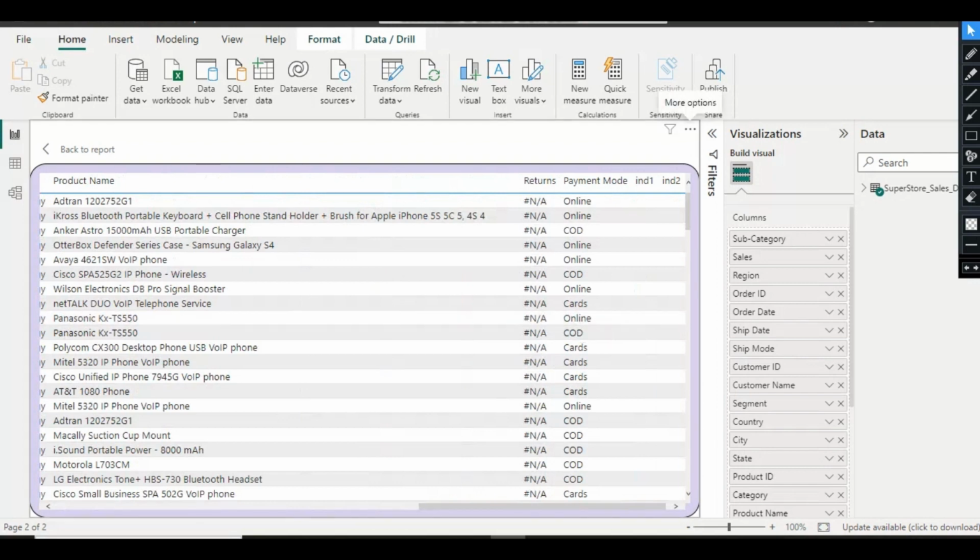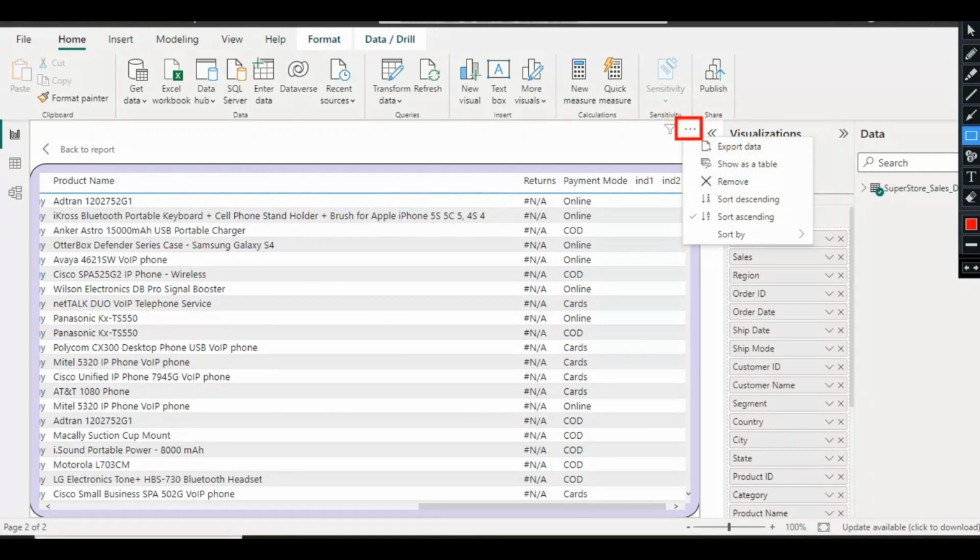Okay, and if you want to export it, just simply click on these three dots which are present here. Just click on these dots and here you have the export data option. So just simply click here. This is the export data option which is present here. You just simply click on this option,